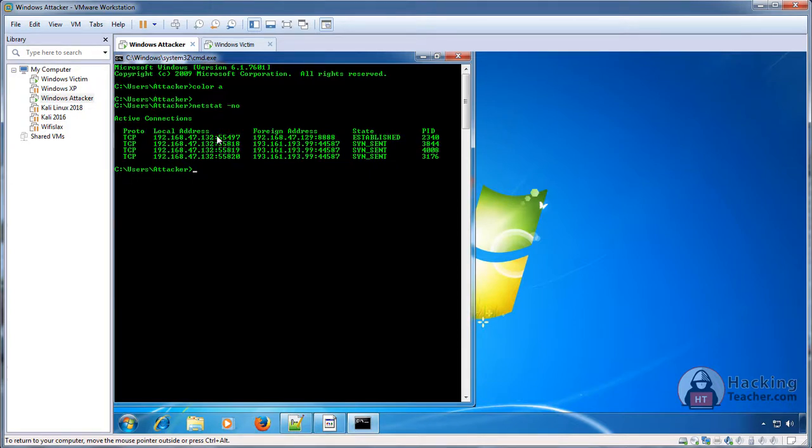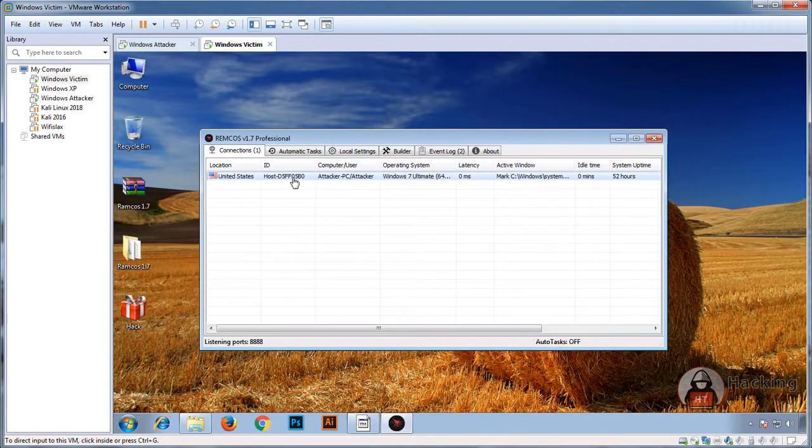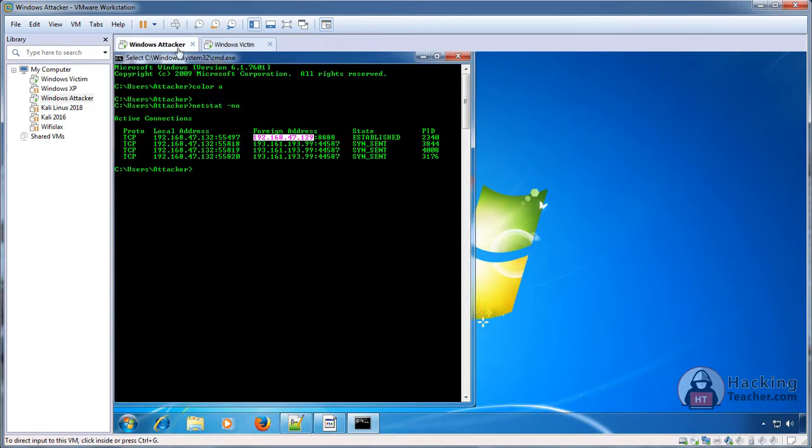Here you can see there is one connection established. This is my IP and this is the hacker's IP where it's connecting. On the victim, Ramcos is running and the victim is hacking the attacker, so our computer is connecting to the victim computer.